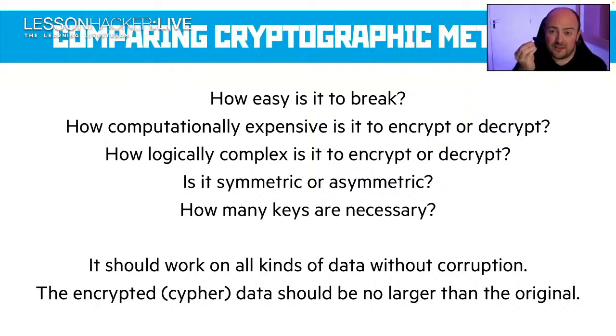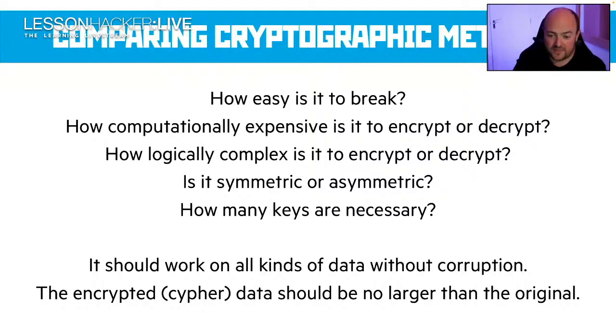But similarly, if we used 2 bits, it would be broken in a few minutes. So we need somewhere in the middle, and we're about 256 bits at the moment for AES encryption. How logically complex is it? Because if it's too complex to work out in your head, you're probably going to program it wrong. So if you're going to program it wrong, best not to use it, because if you program it wrong, there will be security vulnerabilities and they'll be picked up. This commonly happens. If you make something too complicated, people will build poor versions of it, and then the encryption